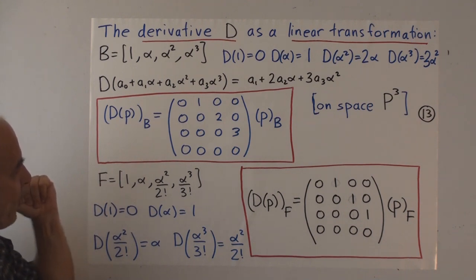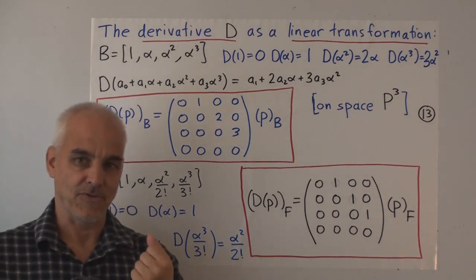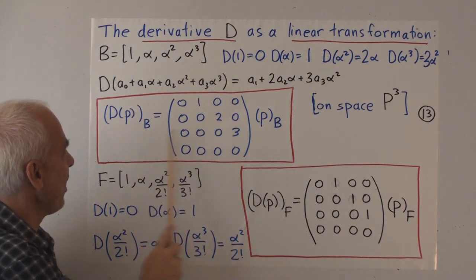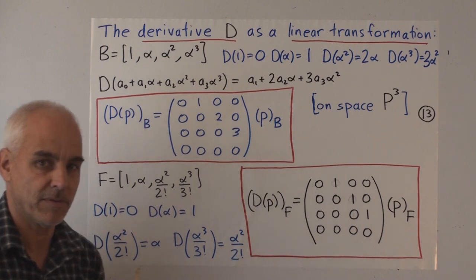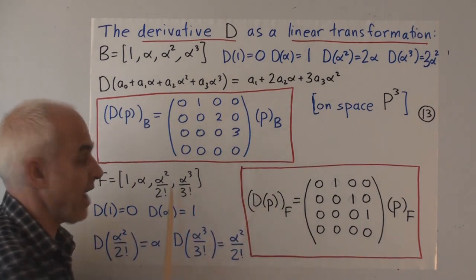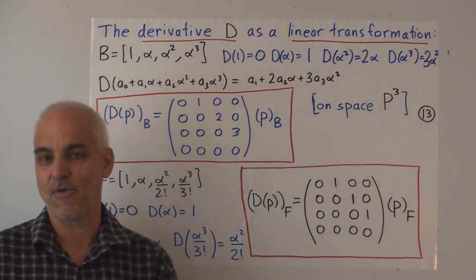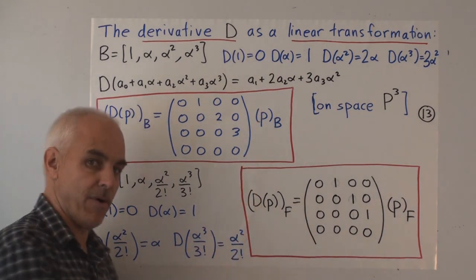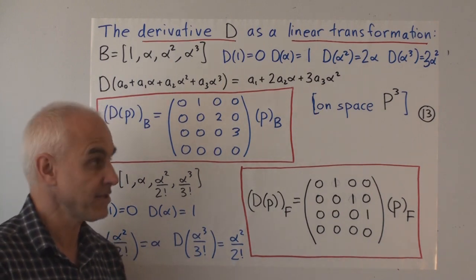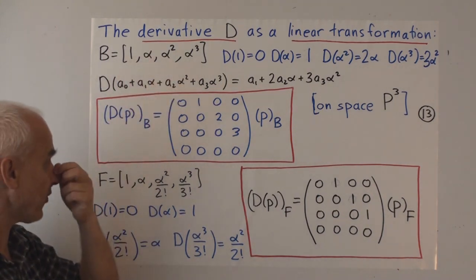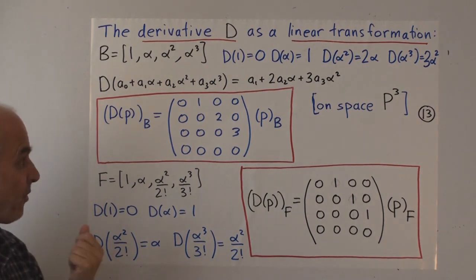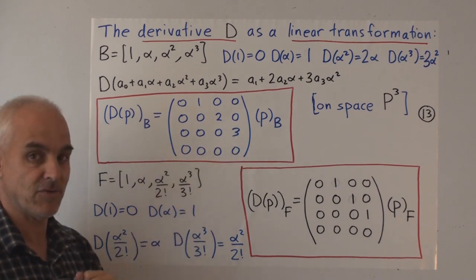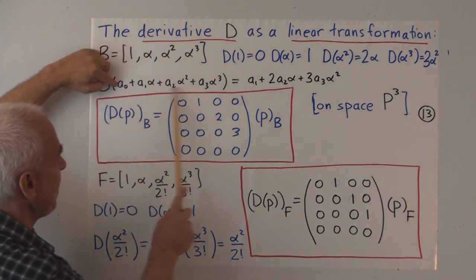Now, we can think in terms of vectors. We can think in terms of this basis giving us coordinate vectors for any polynomial. And this matrix here captures the matrix formulation for the derivative. It means that if you think of a polynomial as a vector now, a vector with four components, its components with respect to this basis, then taking the derivative, what does it do? It multiplies it by this matrix. And you can see that from here.